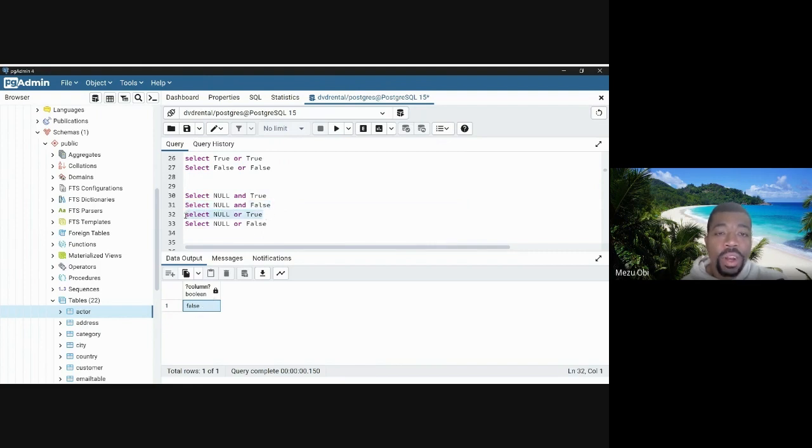Then if we have a null or true, guess what will happen? Is it true? It makes sense, right? Yes, because regardless of what this is, if it's a true or false, it doesn't matter. The true, because the true and the or, it's gonna add the 1 to that expression and evaluate to a